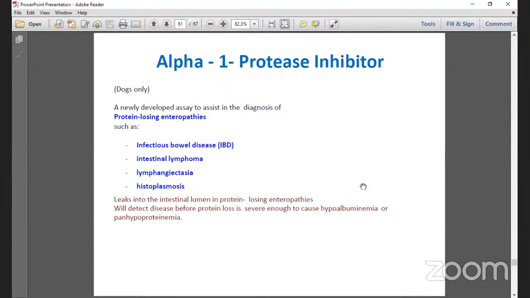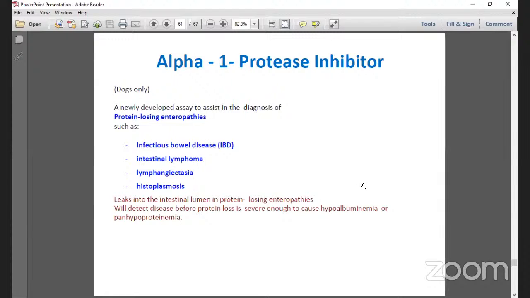Another serum protease that we can check is the alpha-1 protease inhibitor. This one usually helps us to diagnose protein-losing enteropathies. So what are they? They are IBD, inflammatory bowel disease, and intestinal lymphoma, a malignant type of tumor in the